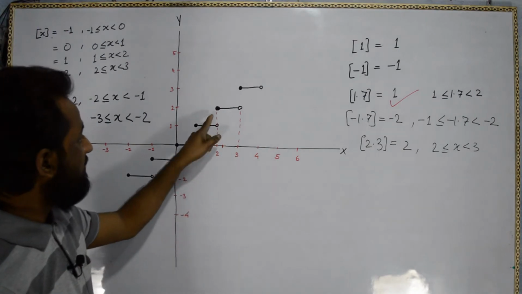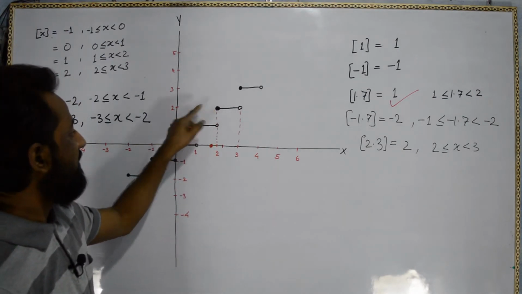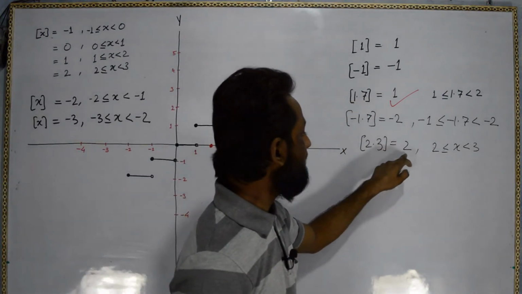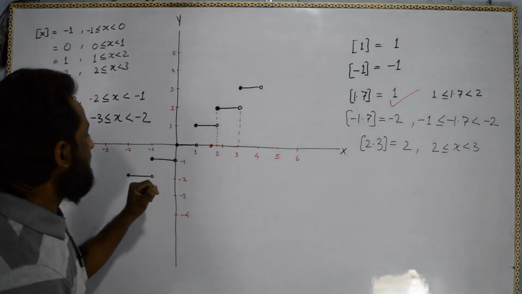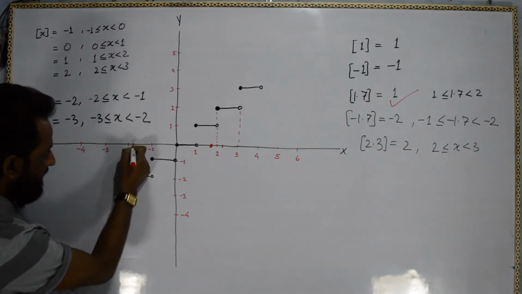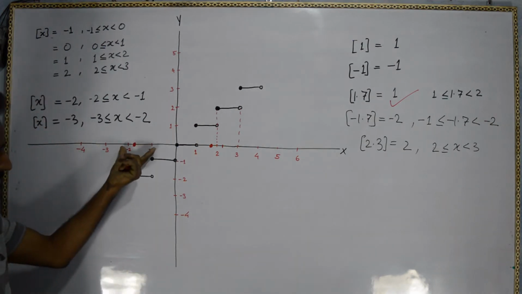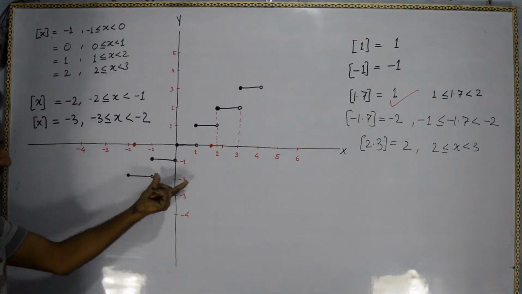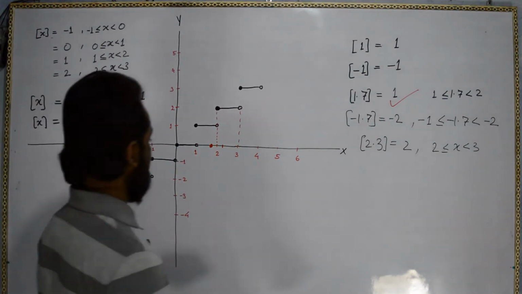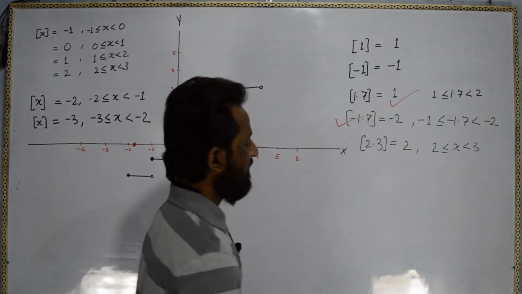So it has to take the value 2 because it is closed, it is open. So 2 here, this is going towards fully. Okay, so 2.3 equals 2. Now -1.7 will be somewhere here. Here it will be -1.7. So for -1.7 the value is -2. Sorry, on the y-axis it is going -2. So -2 where I have written this.